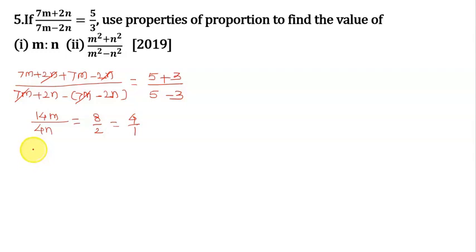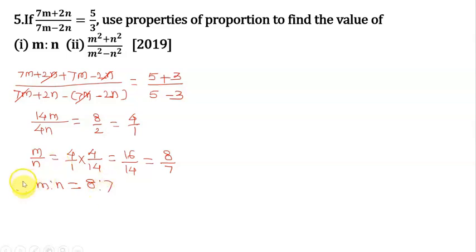Okay, now next we want to find out m as to n, and that is equal to 4 upon 1 into, if we shift this 4 to the right hand side, then it will become multiplied by this ratio, and 14 the division. Okay, and hence here you will get 16 upon 14, and that is equal to 8 upon 7, and hence here m as to n is equal to 8 as to 7. Okay, and this is the